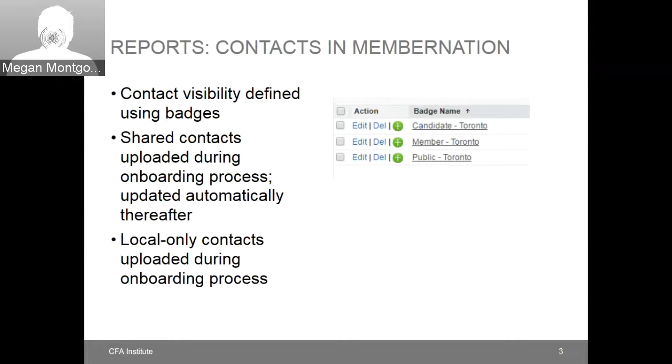So first of all, reports. So your contacts in member nation that you would base your reports on, the contacts that you have access to or can see, the visibility for those contacts is defined using badges. So, these badges are essentially a tag, a way of tagging those contacts so that they are assigned to the